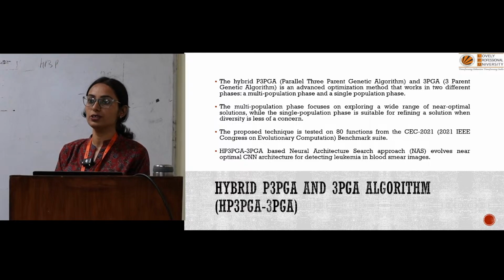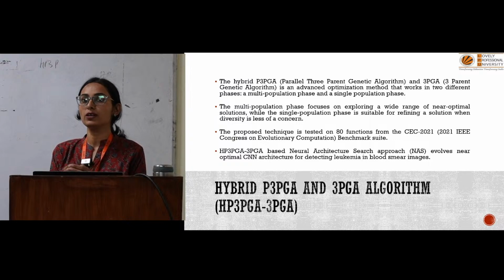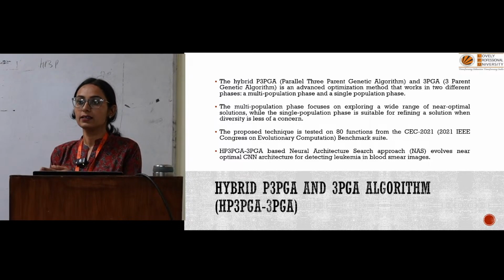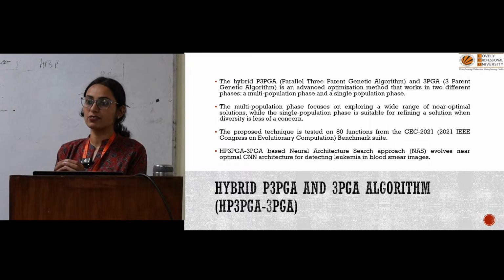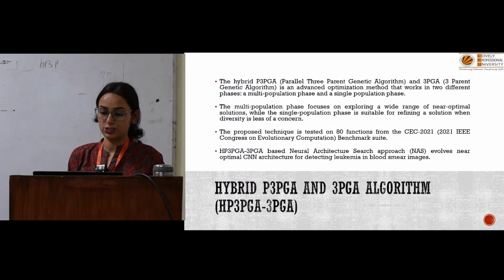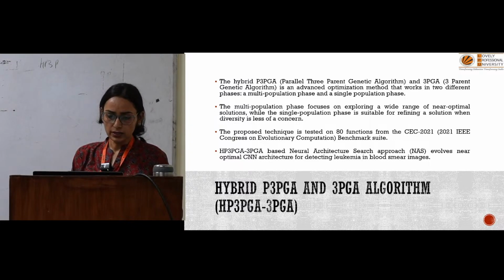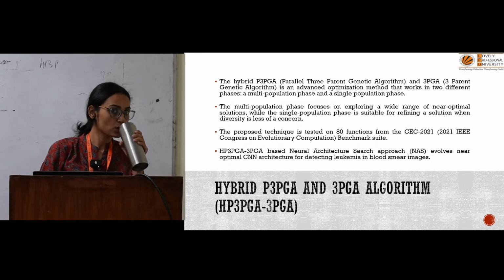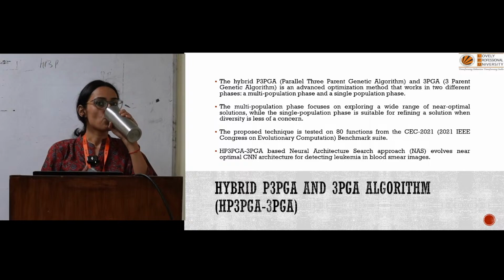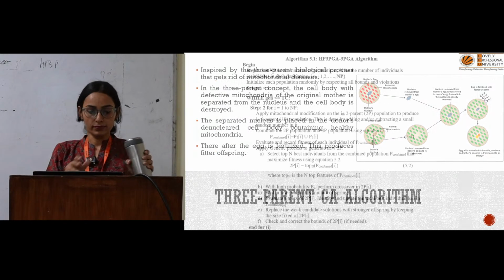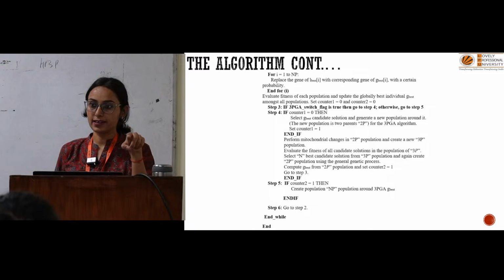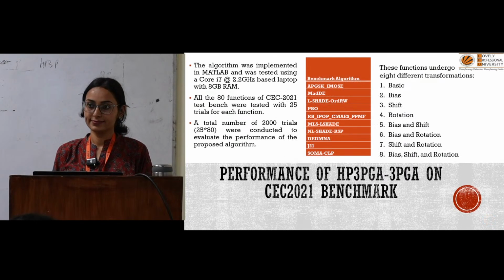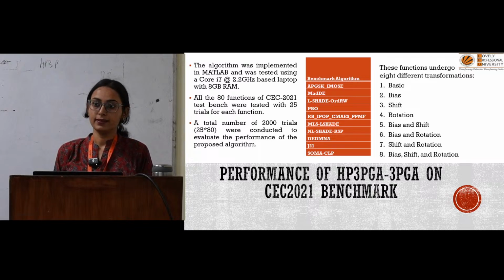After this algorithm, we have also introduced a neural architecture search. Mainly the purpose is to create a neural architecture search where the neural architecture is generated automatically, and then it is used for the detection of leukemia. Now, this is the algorithm. So should I explain it like that? That's it. Normally in a presentation you are just supposed to show and speak the crux,